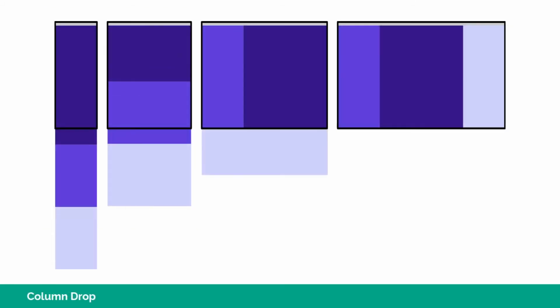Then the next one is column drop, which also, as the name implies, the layout drops the column. So this is very easy to understand. And this one is for full width multi-column layouts, like the one shown in the last box. So you don't have any white space, the margin, like the one shown in the previous graphic. So in this pattern, when the window width is too narrow for the content, it drops the last column and stacks it vertically. So you can see in the second last box, or the third box from the left, because the screen width is narrower than the full width content, the third column was dropped and stacked under the first 2 columns, and this pattern continues until all columns are stacked.